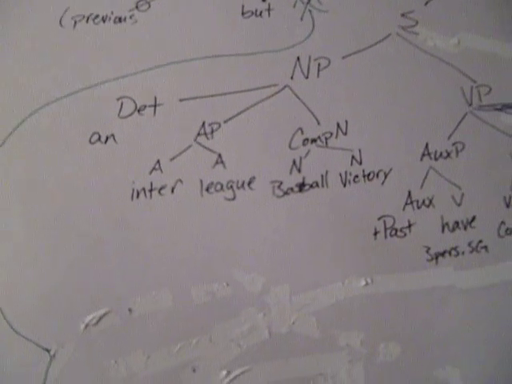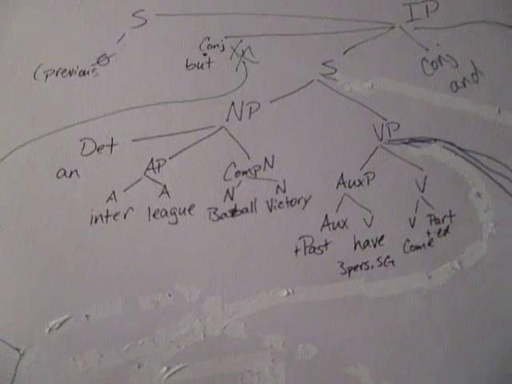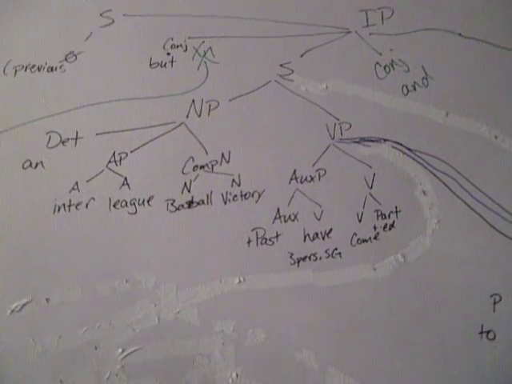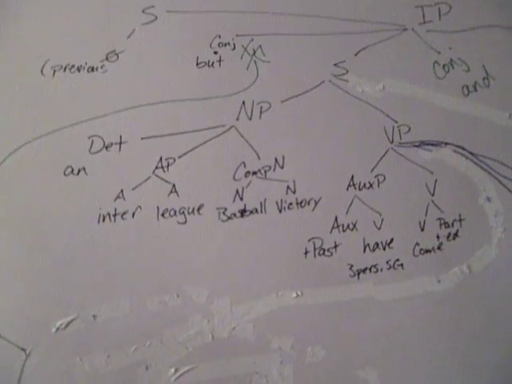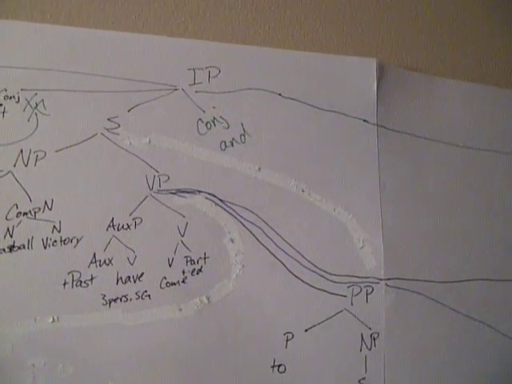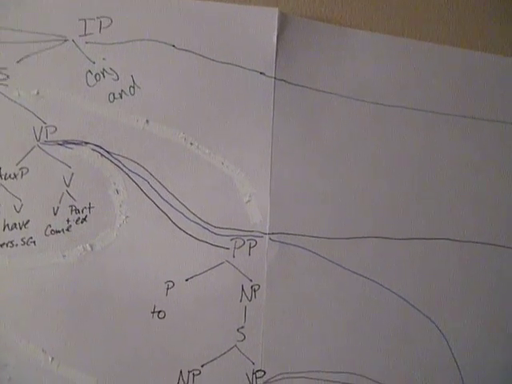Now what this means is that whole thing, to the students of most of the parochial schools, is a constituent. It's its own little thing all by itself, and you can only front prepositional phrases if they're all by themselves. I couldn't have said but of, and then just left it, or but of the, and interleague baseball victory. It has to be the whole thing, okay? So we have that transformation, which is all well and good, but then we still have some more of the